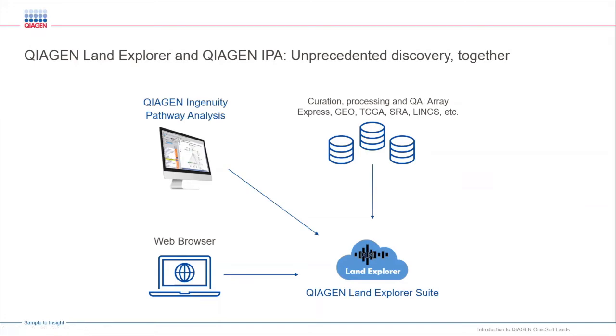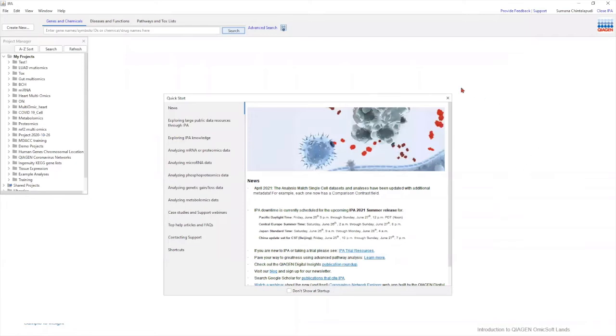Now, you can easily search for a public project using Ingenuity Pathway Analysis or IPA. I'm sure a lot of you have used or heard of IPA before. And IPA can be utilized to analyze different types of omic data, where you can upload your data and perform pathway analysis. So when you open IPA on your computer, this is what the interface looks like. Now, to search for a public dataset within IPA, things are as simple as going to the project manager window here on the left hand side and clicking on this search button.